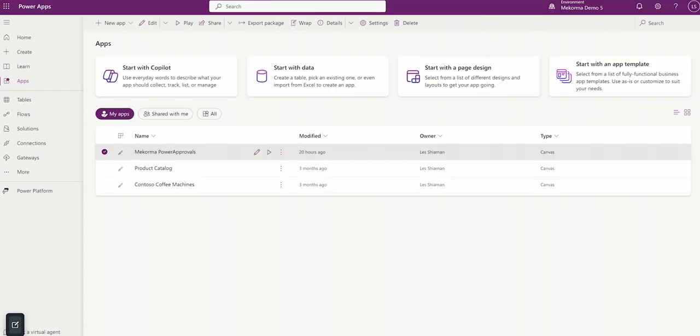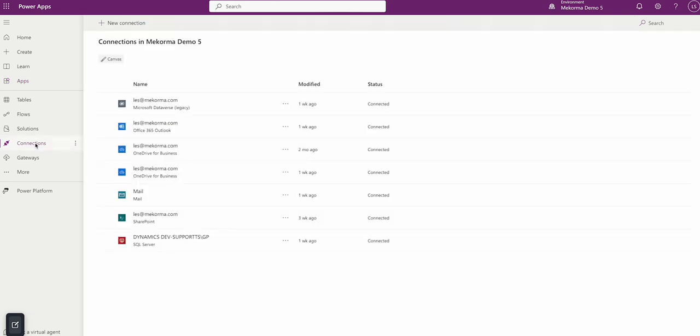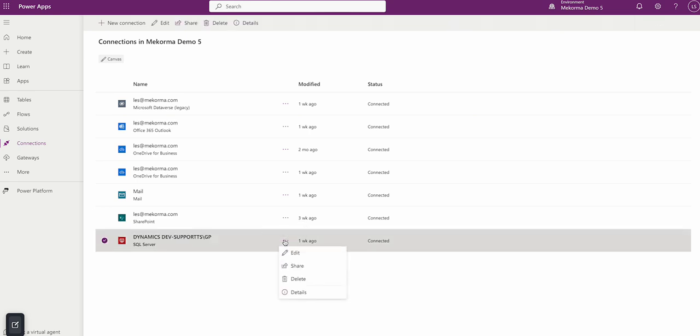That said, there is one more step. You need to share also the SQL connector, and this is a recent change in Microsoft, but it now applies. So to share the SQL connector to the same users, we're going to go under Connections, and down here where I see my Dynamics SQL Server connection, I'm going to go to the ellipsis. I'm going to click Share,